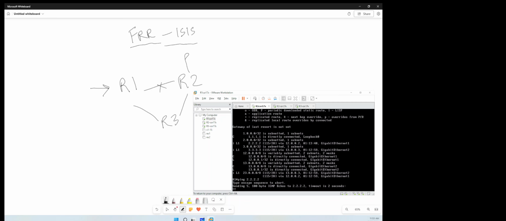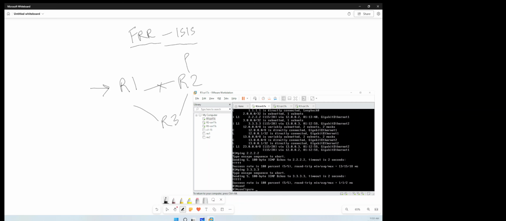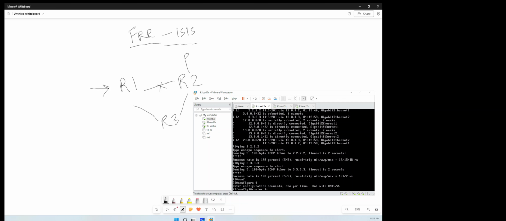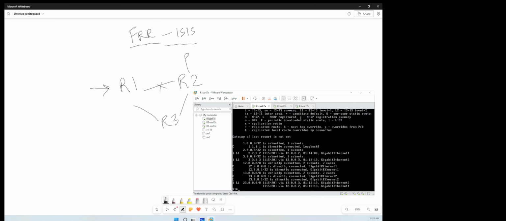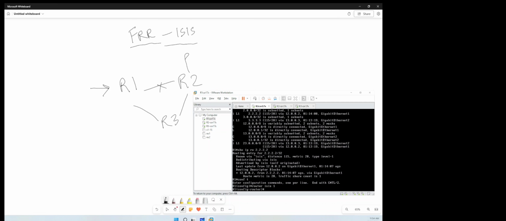And I do see 2.2.2.2, I do see 3.3.3.3. So now I'm going to configure fast reroute, topology independent alternative fast reroute using ISIS. And to verify that, I'm going to do 2.2.2.2, so show IP route. If you do that, you'll notice that the next hop is 12.0.0.2, which is through gigabit Ethernet. It's only showing you one alternative right now. This is going to change when you go and configure